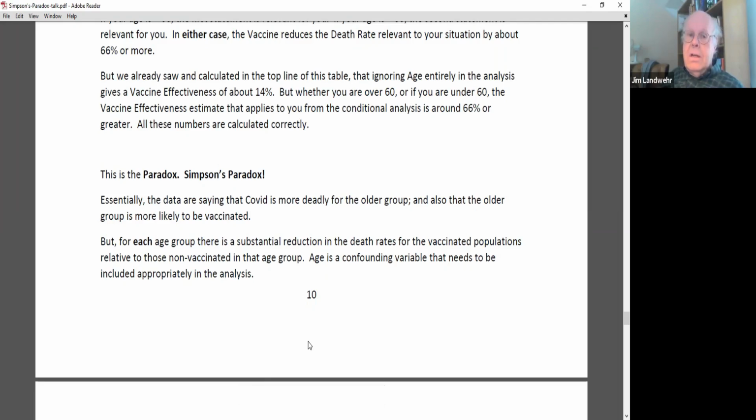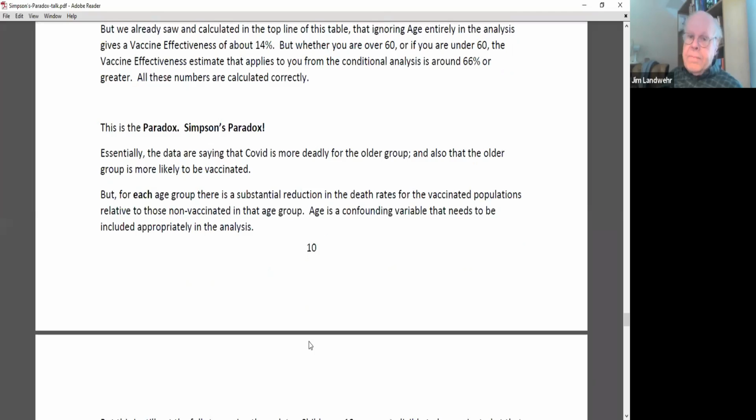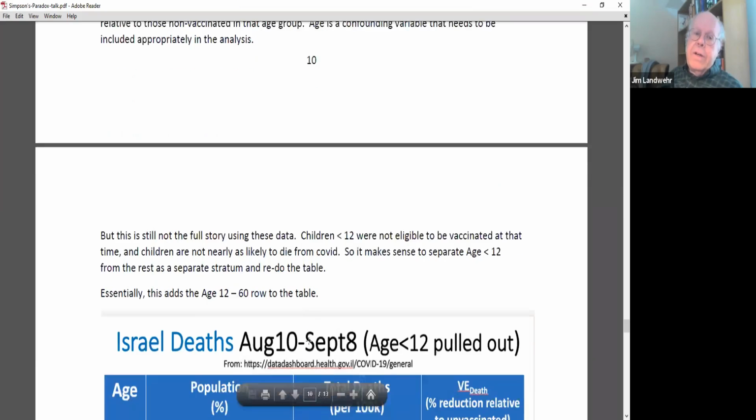This question is from Bill Heary. Are the deaths from Israel all the deaths from COVID, or all deaths during this period? Deaths from COVID. Okay, so we have a couple of hands, but we'll wait till the end of the presentation. So these are deaths from COVID in Israel during this period, and they know that because they have good healthcare records, the electronic records and so on.